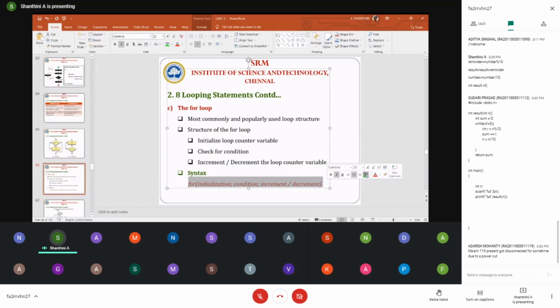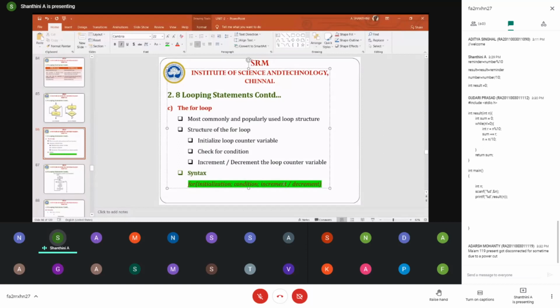So here is the flow chart. You have an initialization. Only once will initialization be done. Keep it in mind, when i is equal to 0, it means only once. Then you go for the condition check. When the condition is true, you go to the body of the loop and then you increment. Once the block of code is executed, you either increment or decrement, and then you go for the condition check. Condition check, body of the loop, increment. Condition check, body of the loop, increment. Like that you will proceed, but initialization is done only the first time.